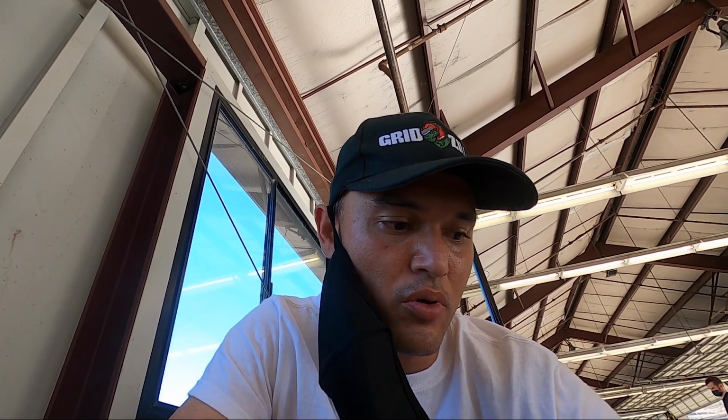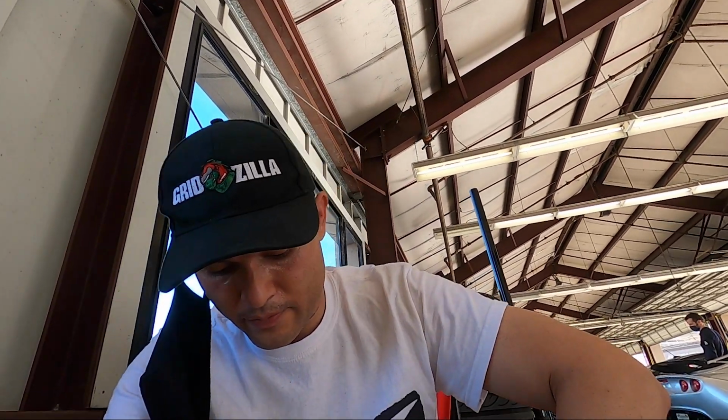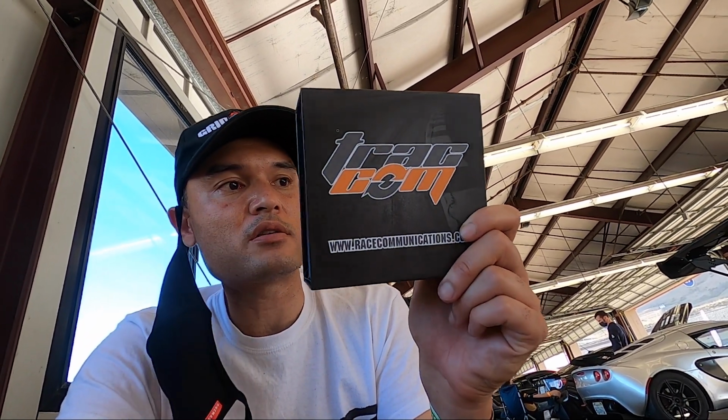Nobody has a 3.5 auxiliary port. So long story short, what we think is going to fix the low audible sound into the helmet from the Catalyst is getting one of these, an adapter cable. This plugs into the Stilo helmet, and then the other end plugs into basically a sound amplifier. Now this is one that they had there in the store, and this amplifies the sound coming out of the Garmin Catalyst, but you need a 3.5-inch auxiliary cord to plug in from the Catalyst into the sound amplifier. So no way for me to test it, at least not until I get a 3.5-inch auxiliary cord with double-ended 3.5 millimeter plugs. So anyways, a little bit anticlimactic, but